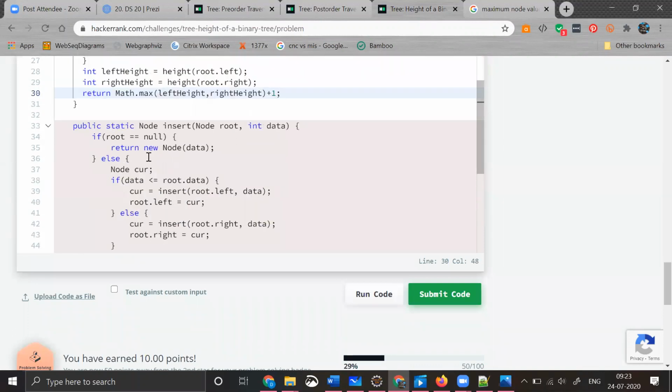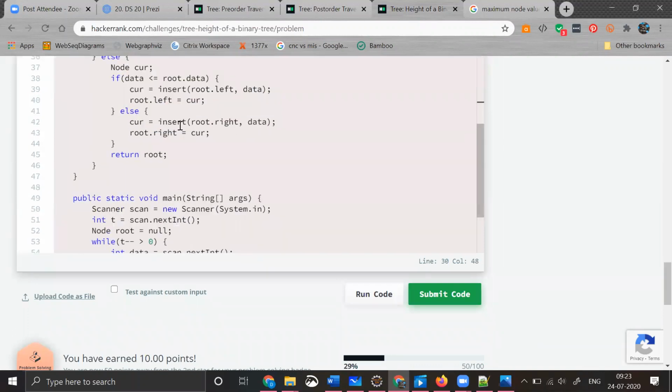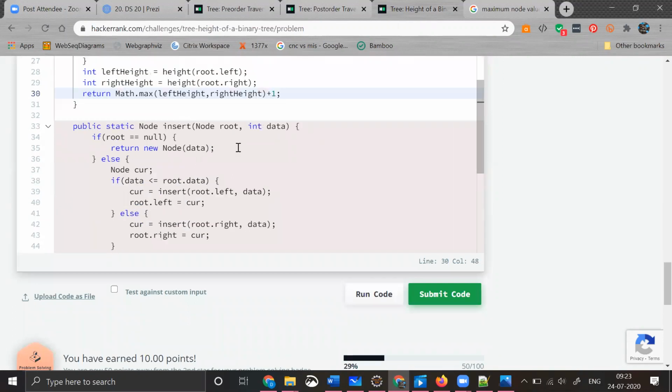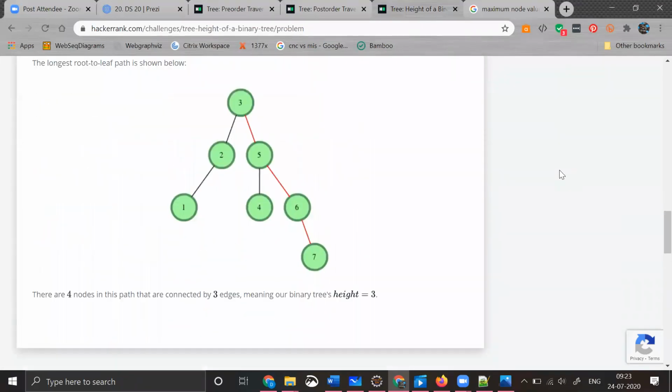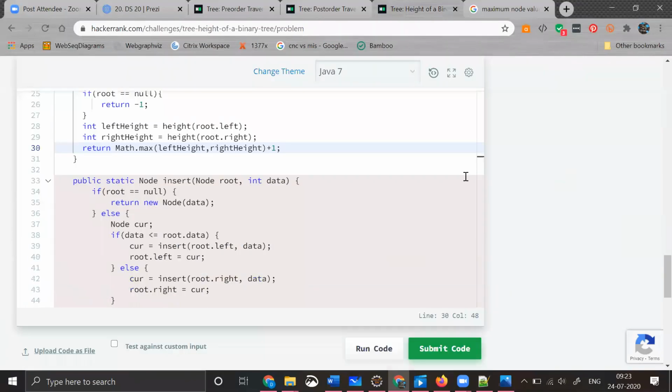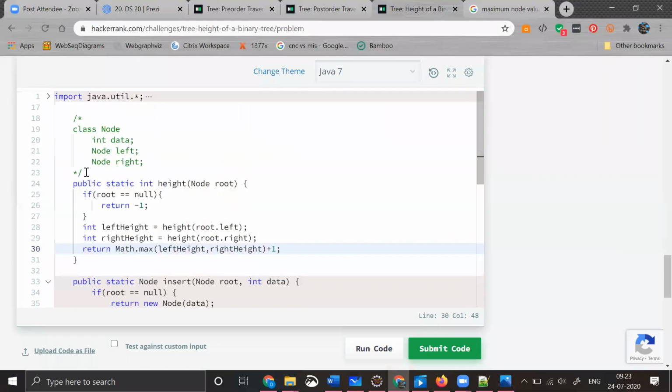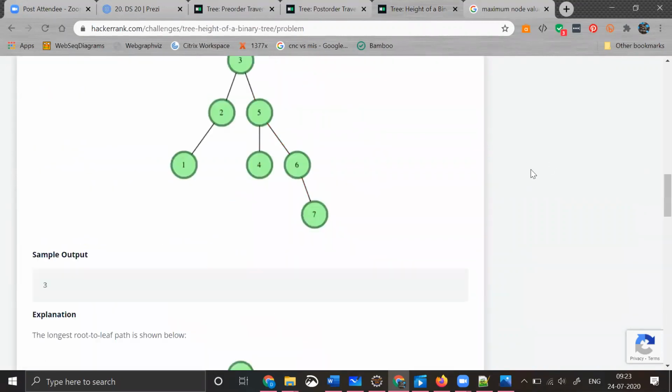Maybe they are trying to insert. Yeah, this is already written for you, so you need not waste your time in inserting, etc. Giving the test cases, etc., is the work of HackerRank. That's why we can practice on HackerRank, right? Your actual intention is to learn how to write your recursive program. This is the program that they want you to write, and you can write it, right? So this is how we will calculate the height of a binary tree, guys.